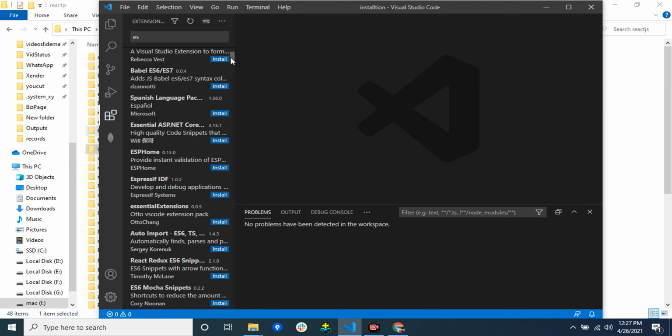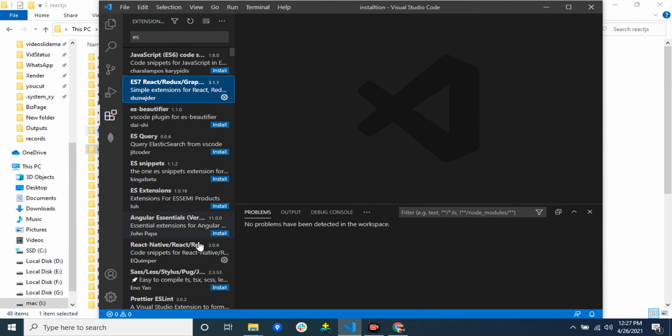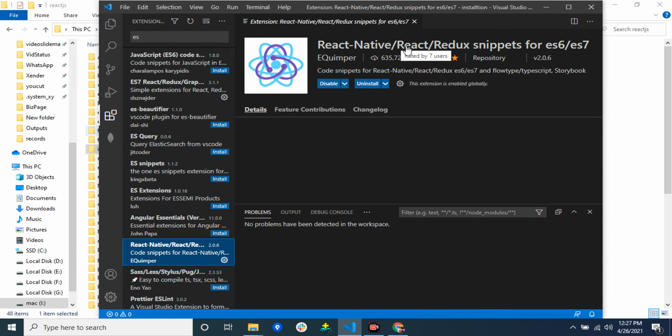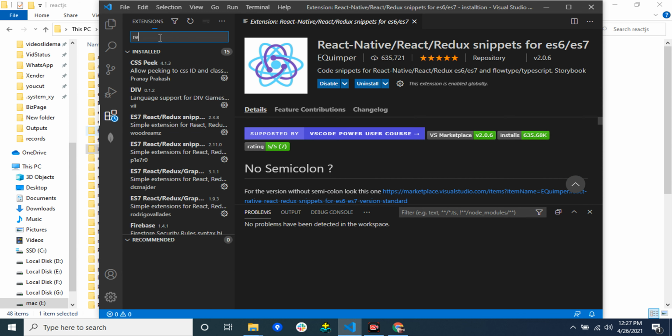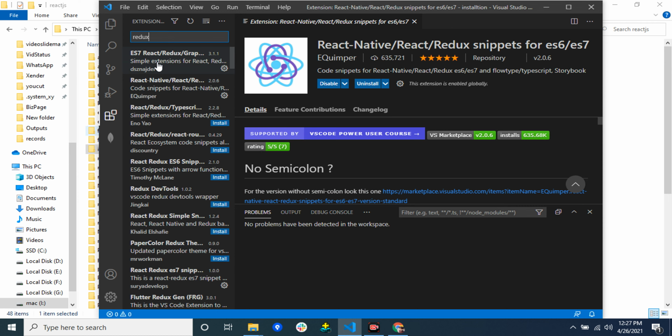The next package you have to install is this one: React Native, Redux, and all the post dependencies. So you have different things like Redux. You simply check the ES7, and these two packages give all the shortcuts for the arrow function and constructor.